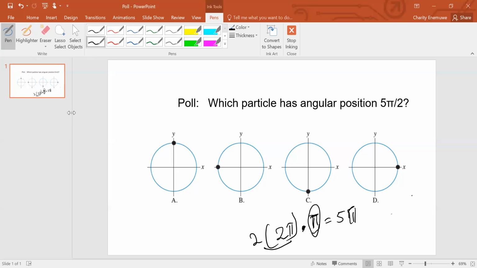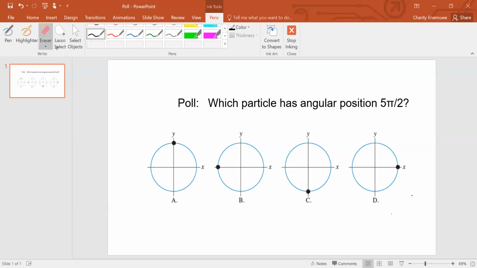Okay, most of us chose A as our option, which is the right answer. So A is our final right answer, and this is how we arrived at A. We just said 5 pi divided by 2 rad,